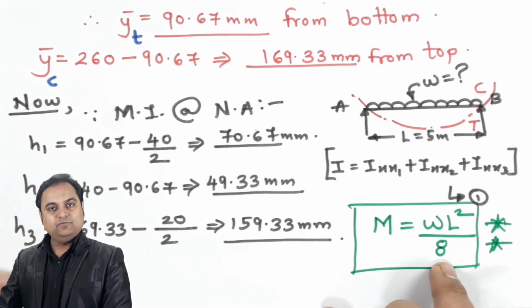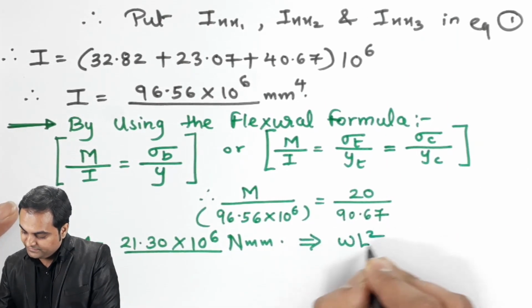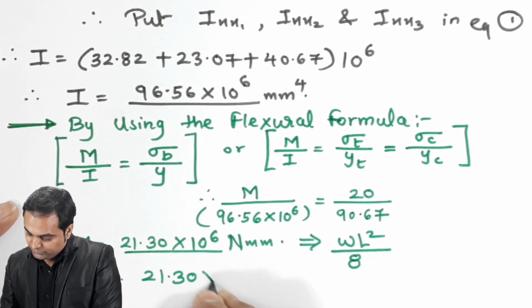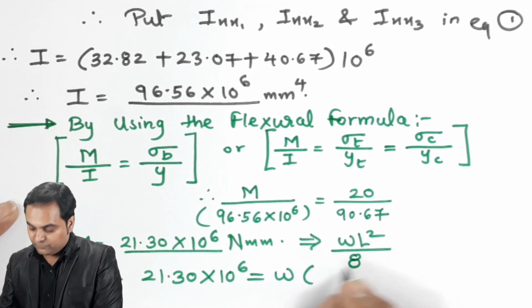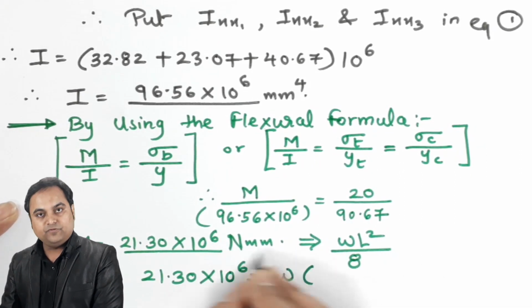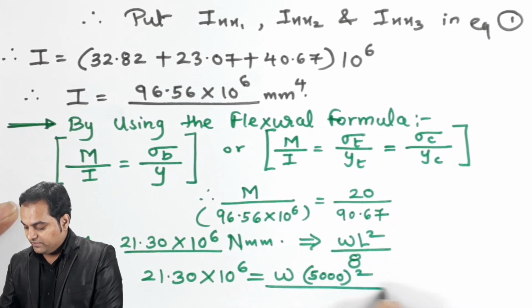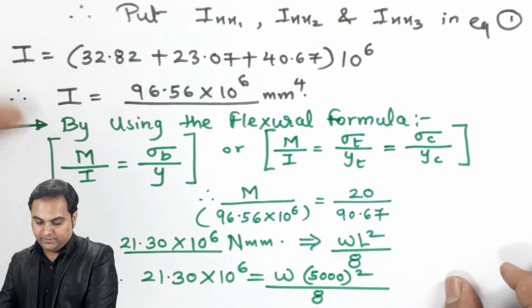So I'll substitute M equal to WL square by 8. Therefore 21.30 into 10 raised to 6 equals W, which we have to find out, times length in terms of mm because moment is in terms of Newton mm. So it is 5000 mm, squared, divided by 8. From this I'll get the answer of W, and it comes out to be